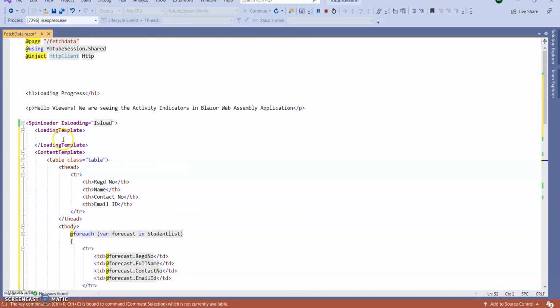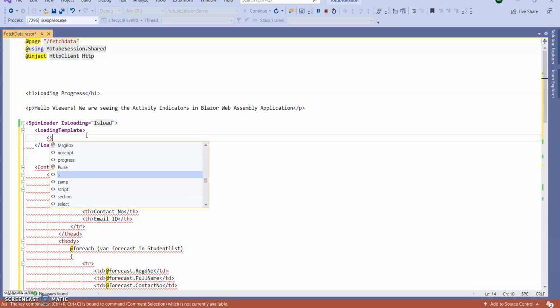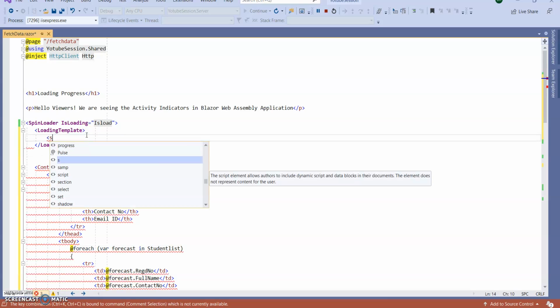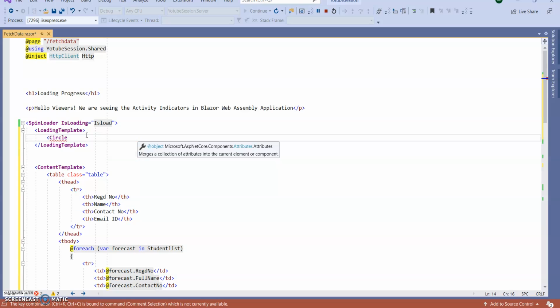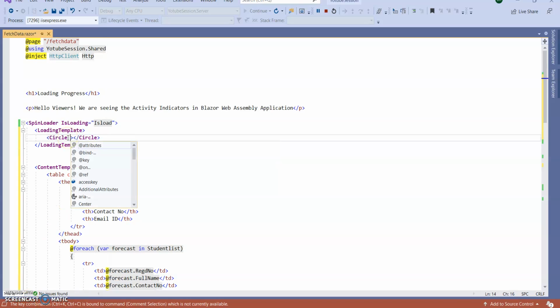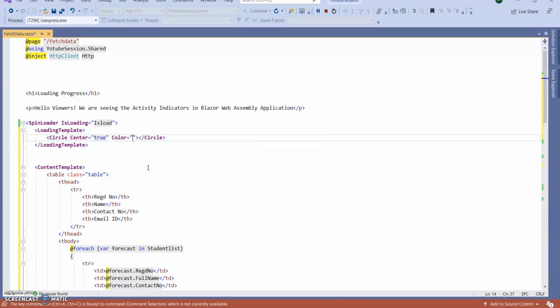Next, the LoadingTemplate requires the spinner content. So here I am using Circle. I want to display it centered, Centered equal to true, so I want to display it in the center. Color equal to, let's say, red.